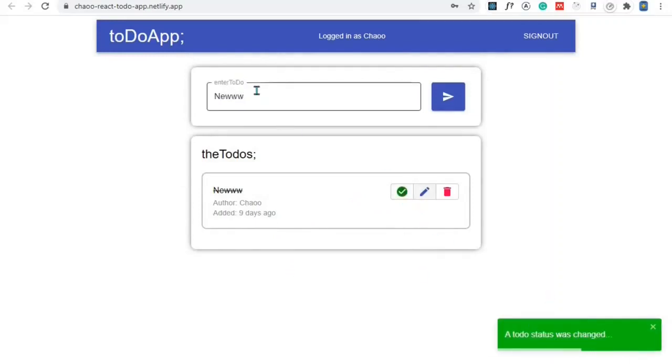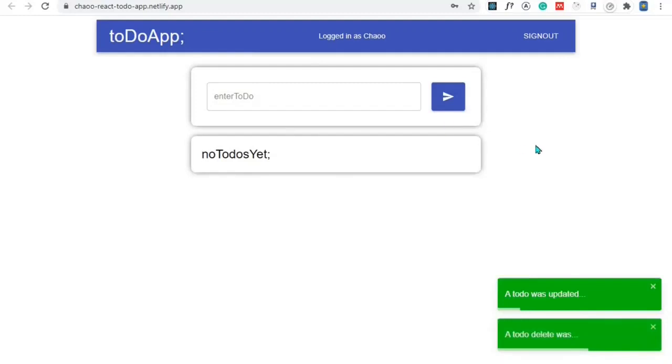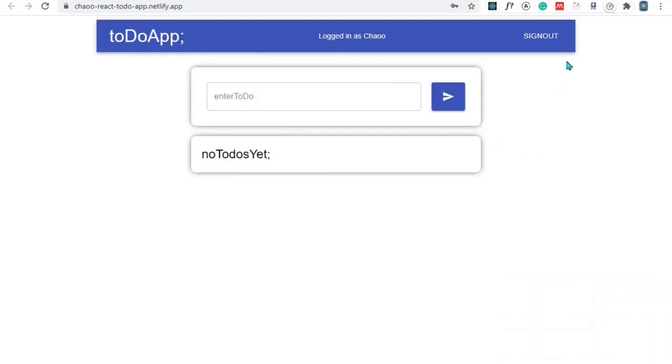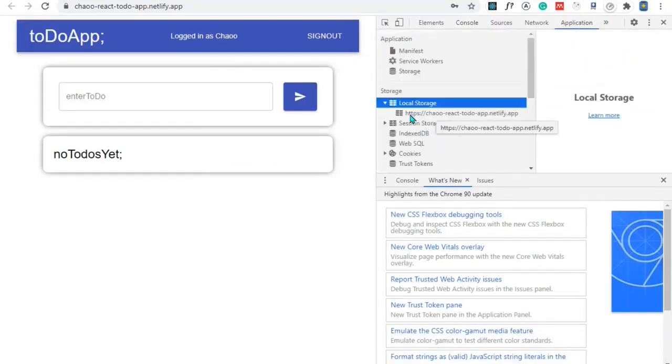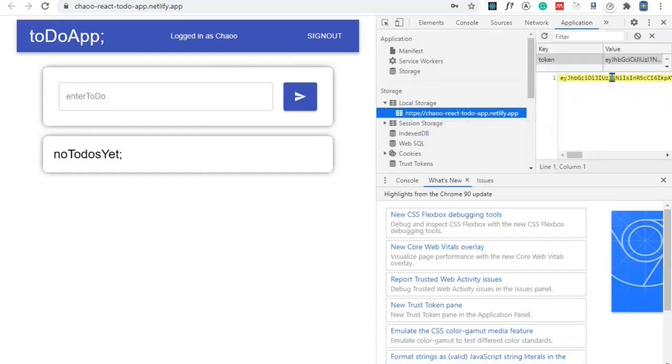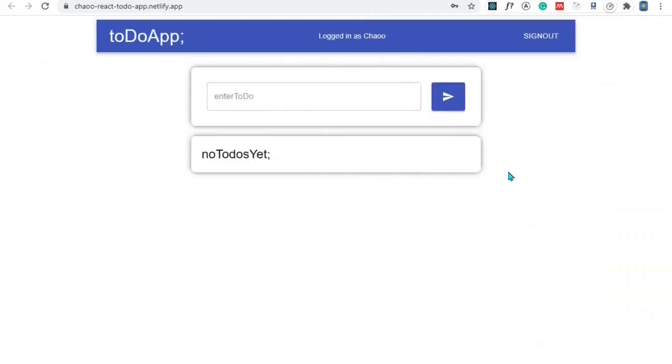I can add new to-dos. I can delete. And when I hit F12 here, we are able to see the console. When I come to the application tab here, you'll see in our local storage, we have a JWT token, and this is the domain for the local storage. So we have successfully deployed our React app, and we successfully deployed our backend, and this marks the end of